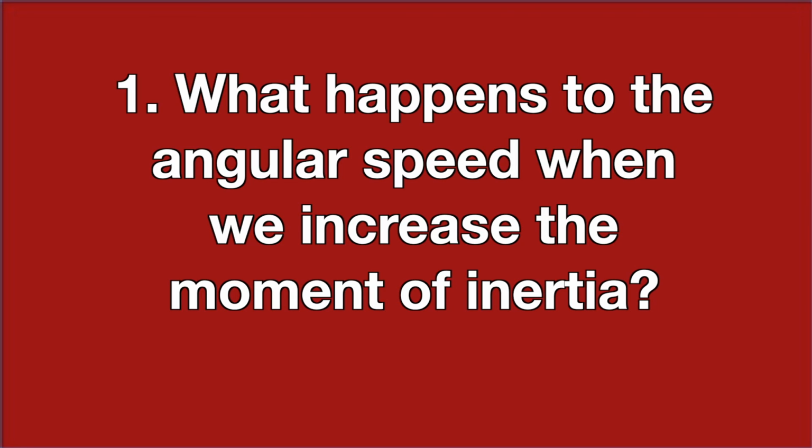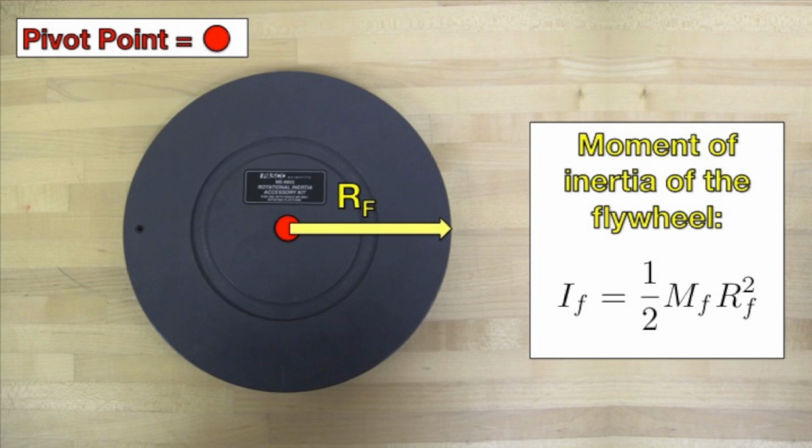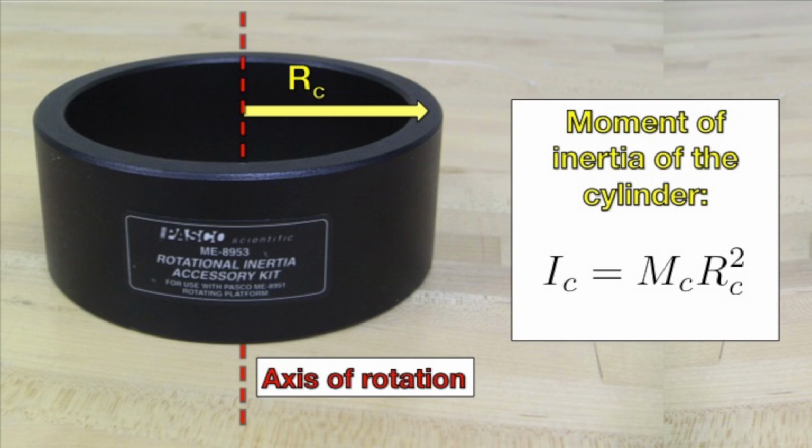First, we'll look at what happens to the angular speed when we change the moment of inertia. We will start off with just the flywheel spinning. This has a moment of inertia equal to 1/2 times the mass of the flywheel times its radius squared. We will then drop the cylinder onto the flywheel as it is spinning. Its moment of inertia is mr squared. The total moment of inertia of the flywheel and the cylinder will just be the sum of their individual moments